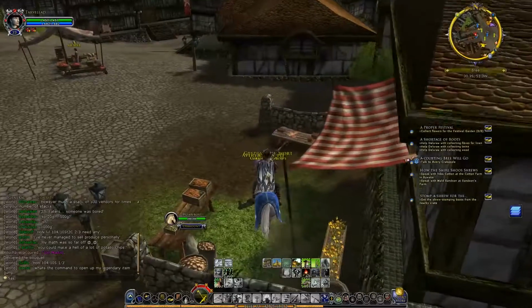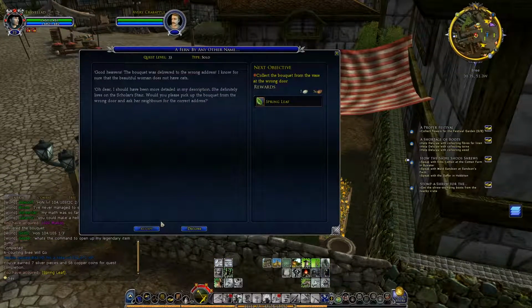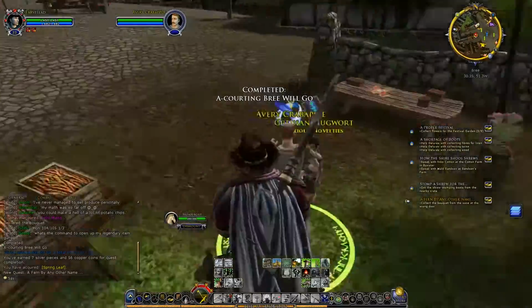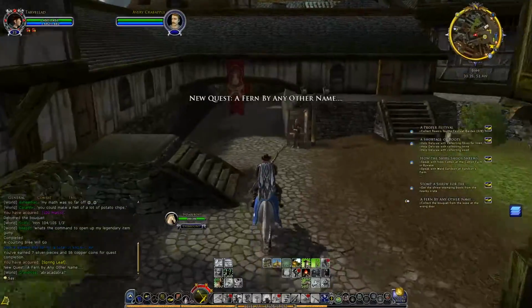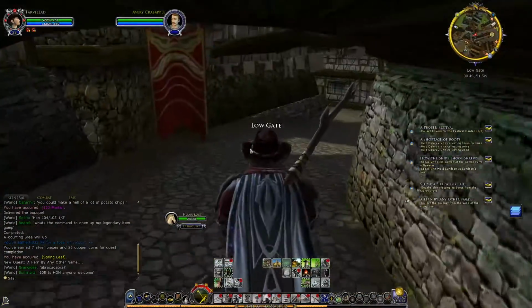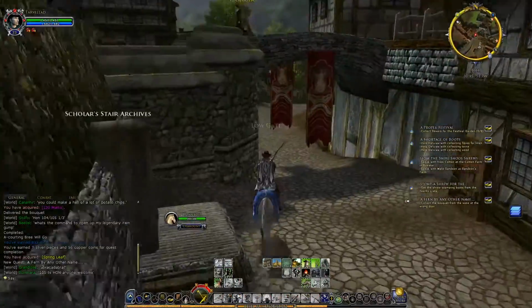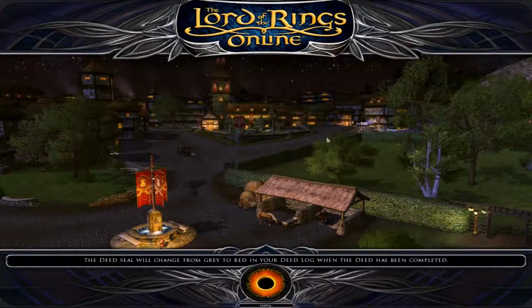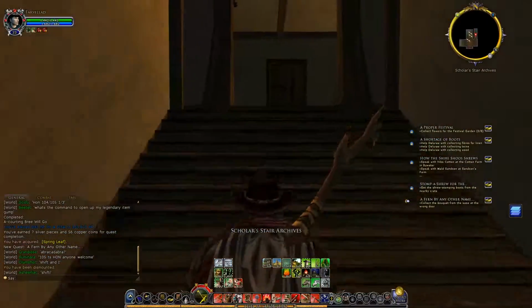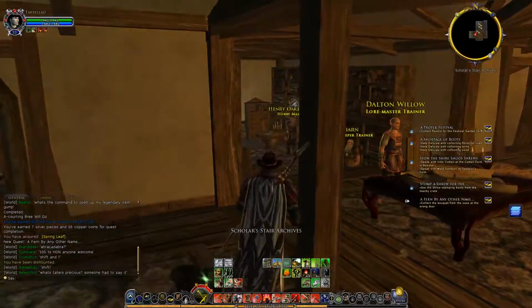But we are going to now talk to this dude. We're going to get a spring leaf from him, collect the bouquet, do something on the vase at the wrong door. Damn. I meant this day to be doing the quests in the Shire, but I guess there were more quests here. I don't know, does this send us up there? Is that what that does? Or does going through...